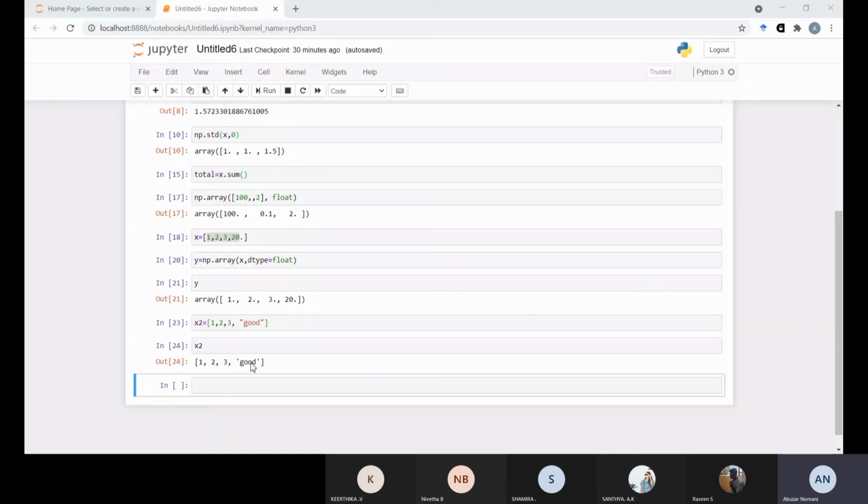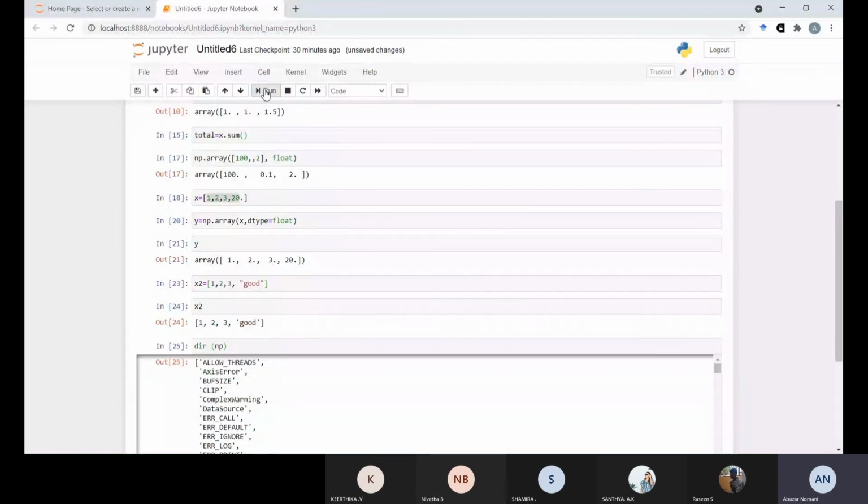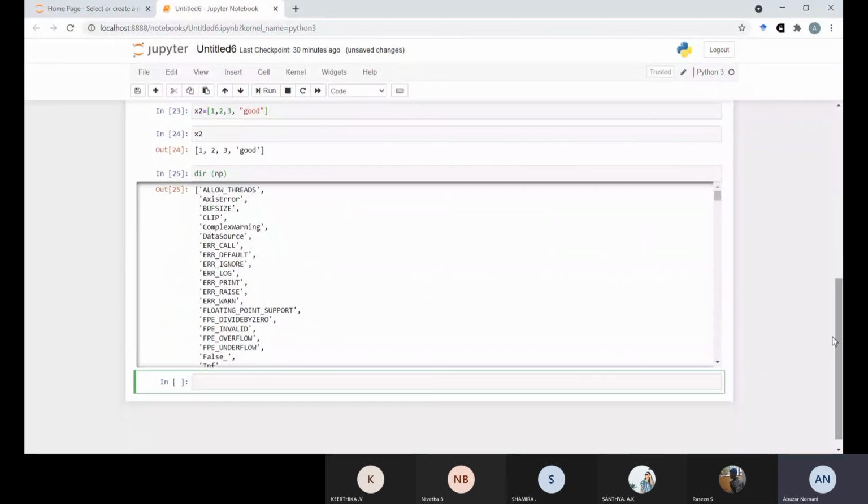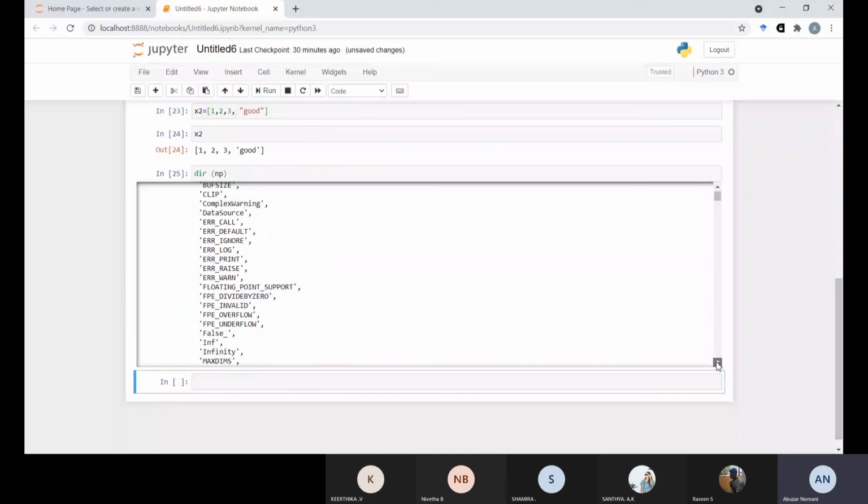Okay, so how can we see what the functions in NumPy are, and what supporting packages are there in NumPy? For that, the previous function, dir(np), we can type, and we will check how many functions are there. You can see here there are a lot of functions and packages available with NumPy.